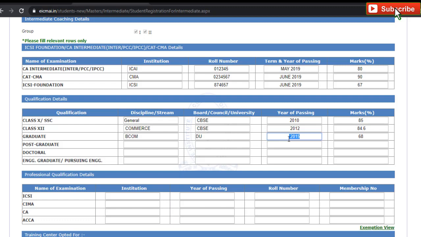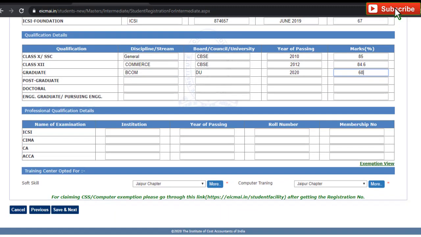For example, you are filling your form in 2019 and you are going to pass it in 2020, then write 2020. And mention your percentage till second year, or fifth semester if you have a semester system. Mention your till-now percentage here.